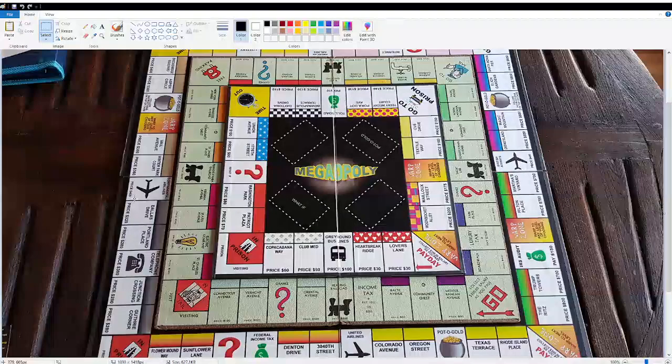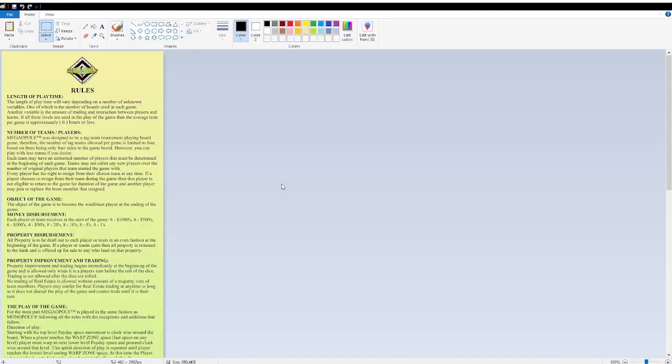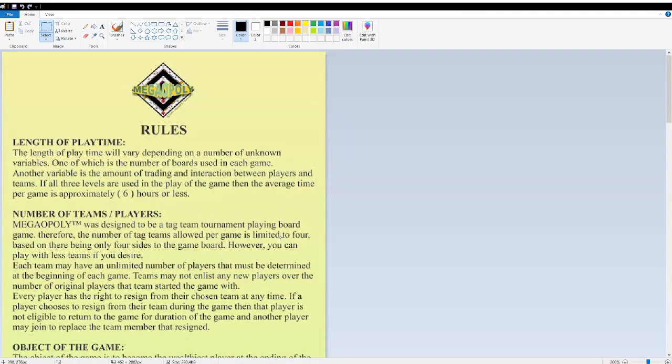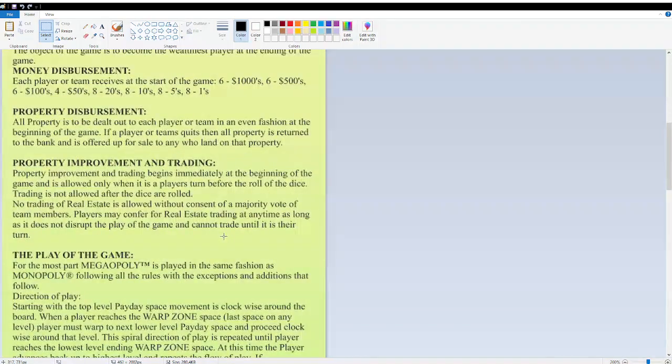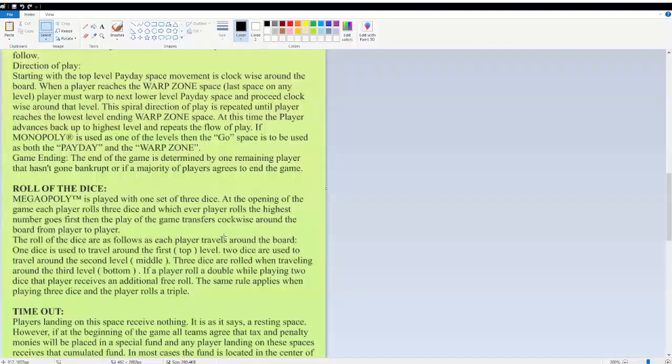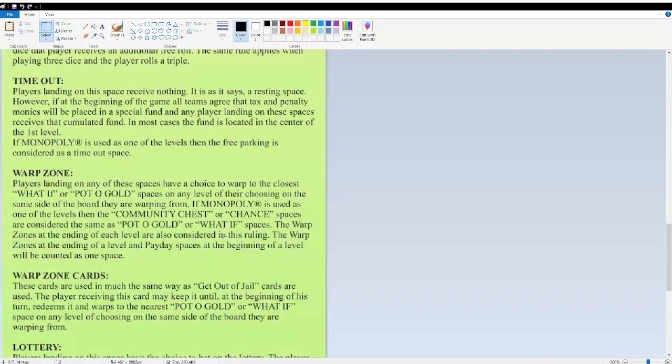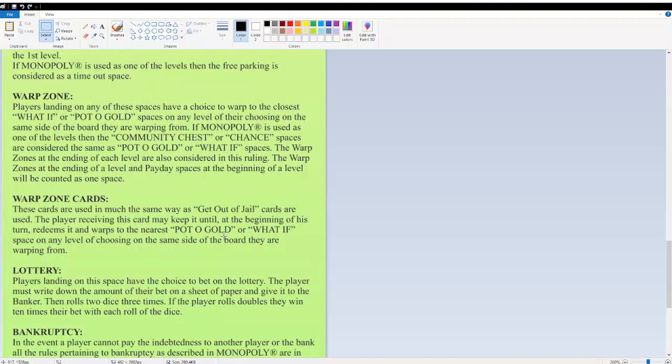Yes, I have a copy of the Megaopoly rules. No, I didn't feel like reading them in detail enough to actually understand how warp zones work. You know what? Screw it. Fine. I'll read them. How do warp zones work? Number of teams, players, I don't care. Property improvement, whatever. That's just the regular stuff from Monopoly. Warp zones. Players landing on any space have a choice to warp the closest what if or pot of gold